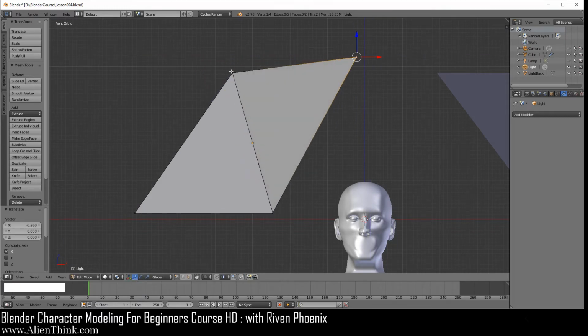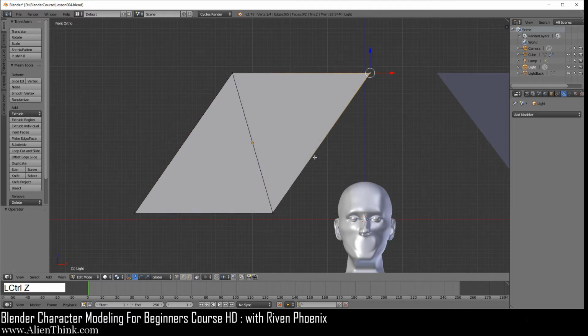Because you can easily just rotate this edge over here, and just do Control A, you'll see that it goes the same way that it was. So I'm just going to Control Z everything over here, and I'm going to get rid of this line. So that's an important concept to understand about what exactly is a quad. A quad is something that is made up of 2 triangles.